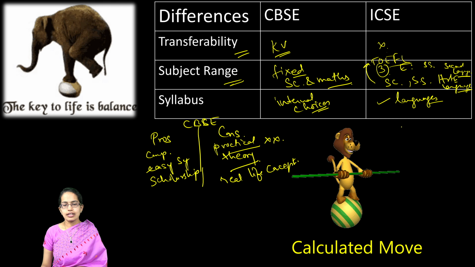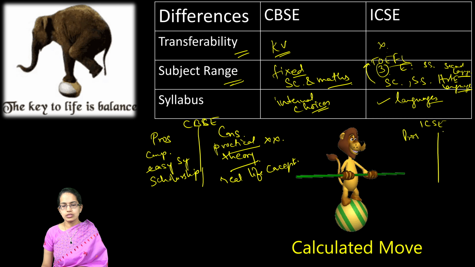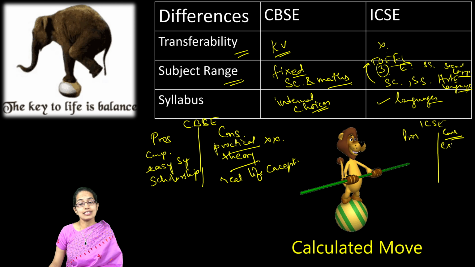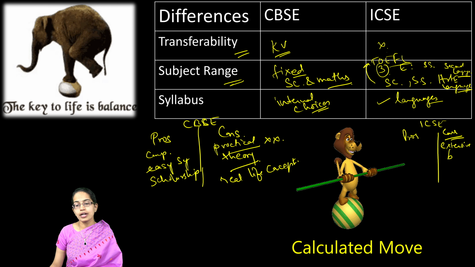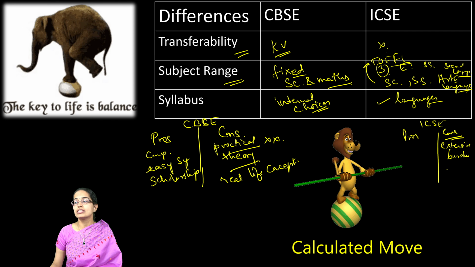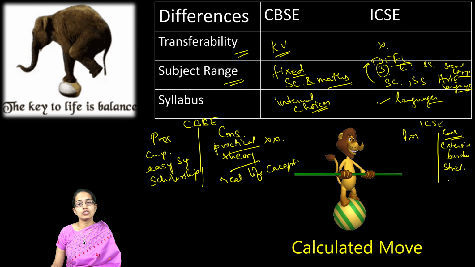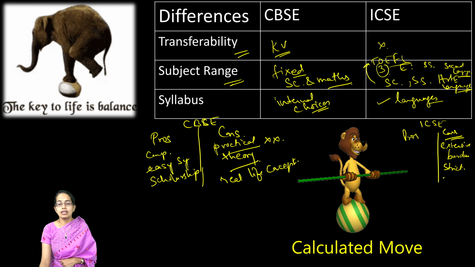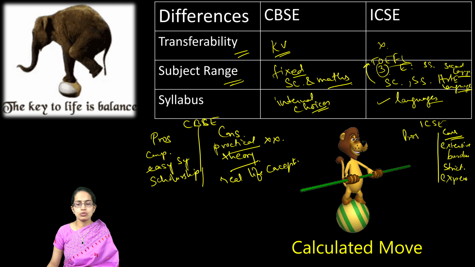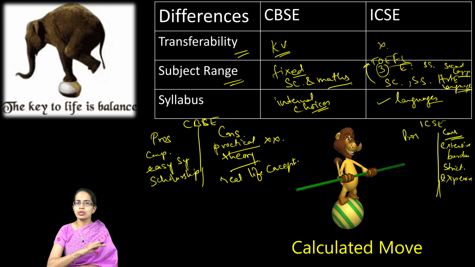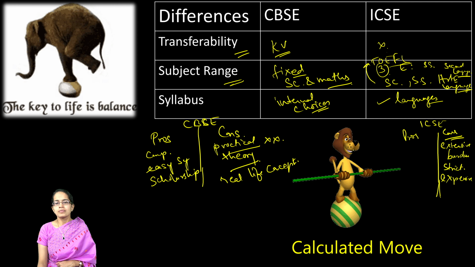On the other hand, if we talk about ICSE, looking at the pros and the cons, for the cons, we can say simply the most important is the extensive syllabus. It can be a burden for a lot of students. It's difficult to cope up. The checking is much more strict in case of the ICSE board. Sometimes if we look at the books, the schooling is relatively expensive in contrast to an average CBSE school.